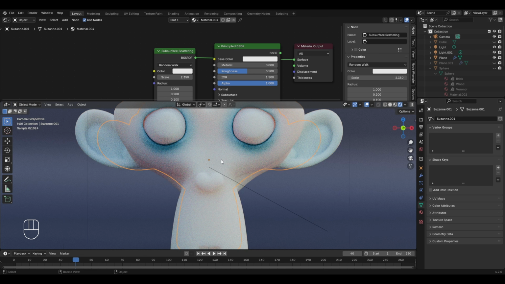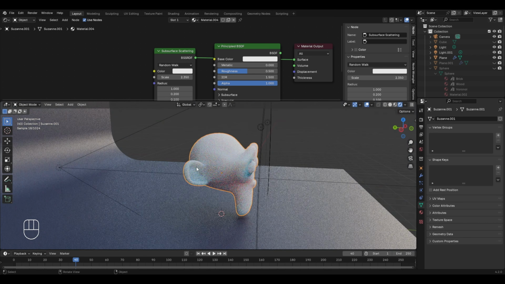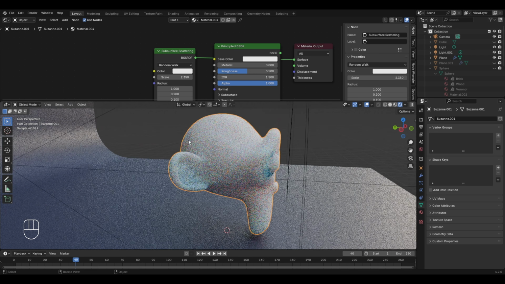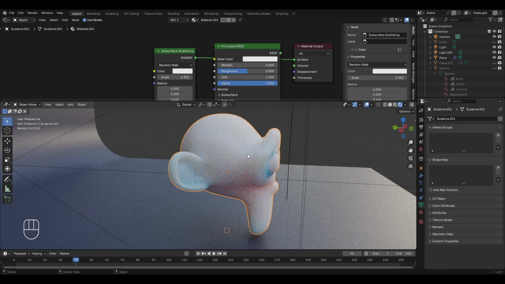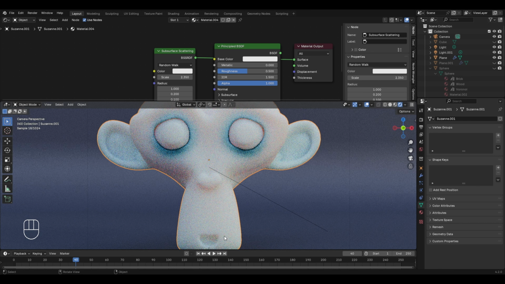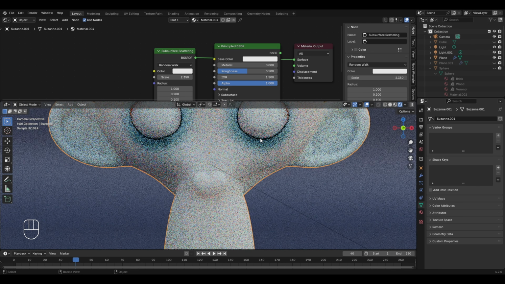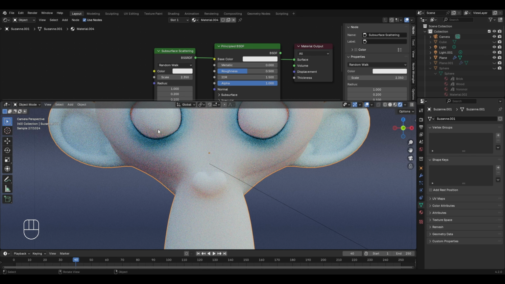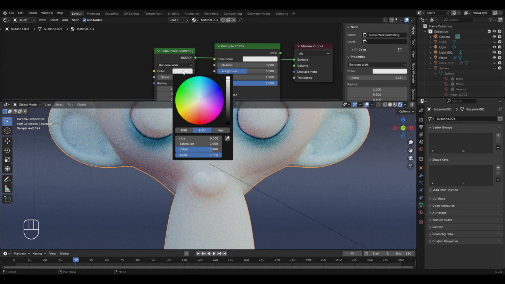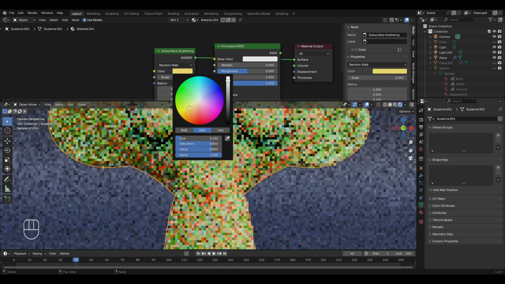The reason for this is that the thickness of the mesh in the region around the ear is very less as compared to the remaining part of the monkey head. You can also see a similar effect on the bottom part, and the reason you see a very strong effect in the regions around the eyes is the empty space present between the eye sockets and the eyes of the monkey object. Then if you want, you can go to the color option in the subsurface scattering and change the color of the Suzanne object.